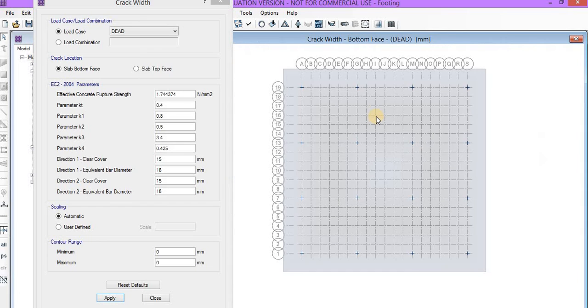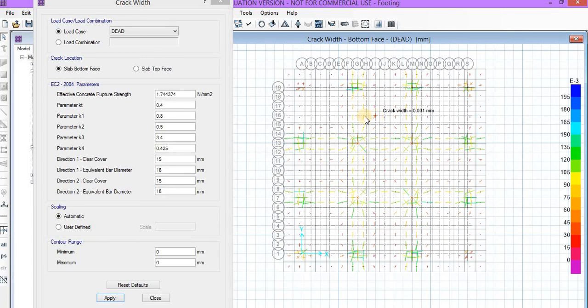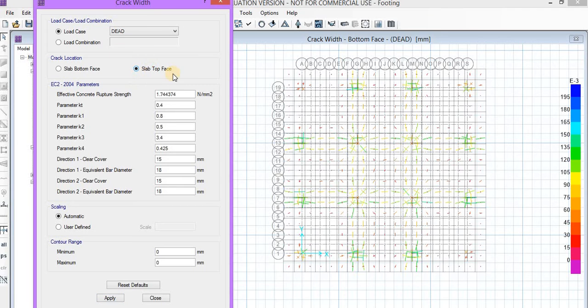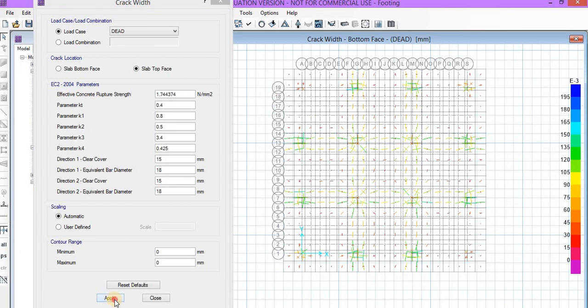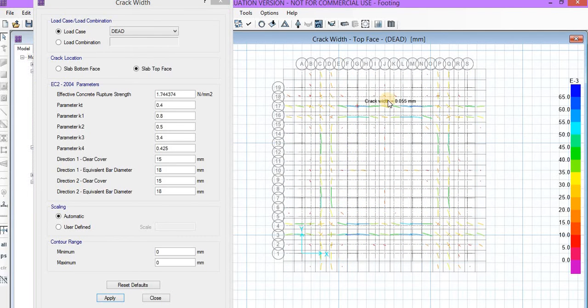The different colors represent different crack widths, which can be seen from the side here. These cracks are all very small since the value here is in the power of 10 to the power minus 3. You can even see the top face. Here it is shown.